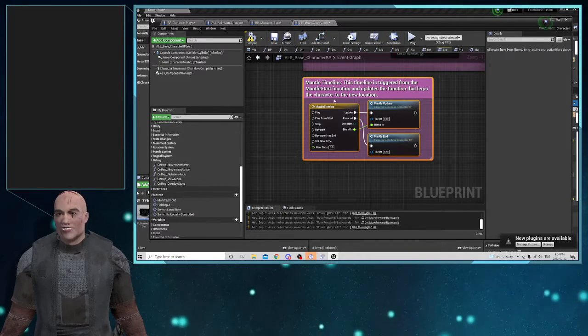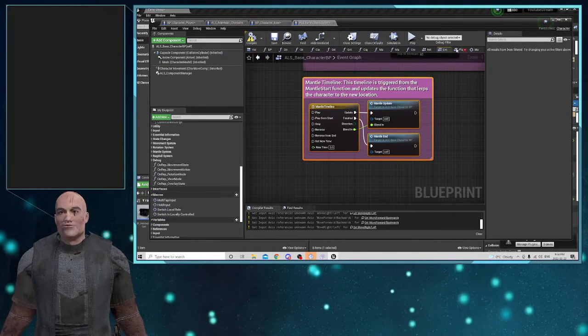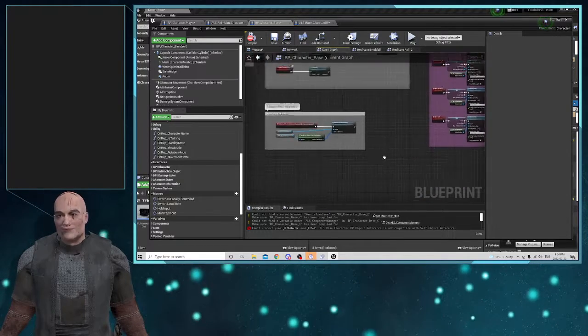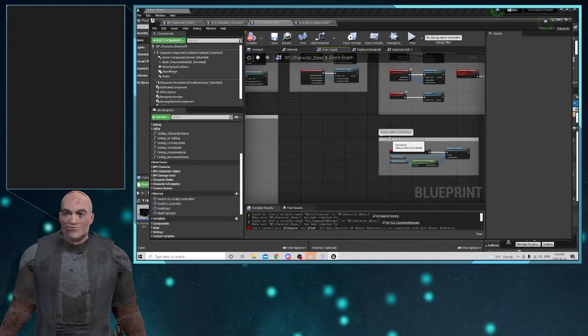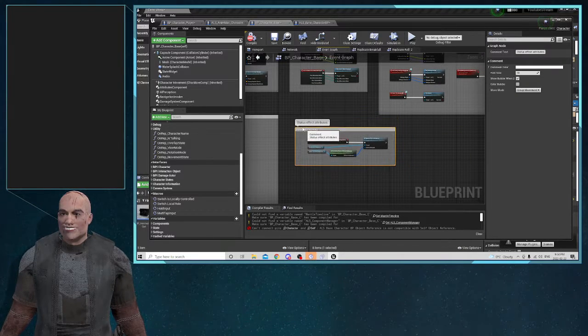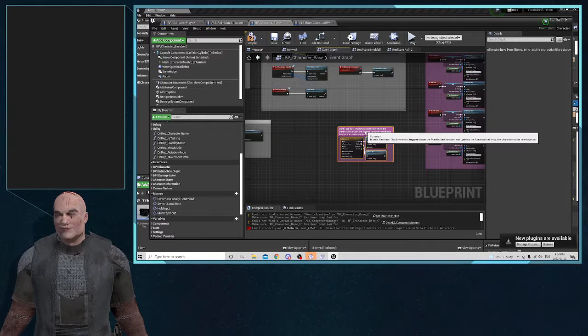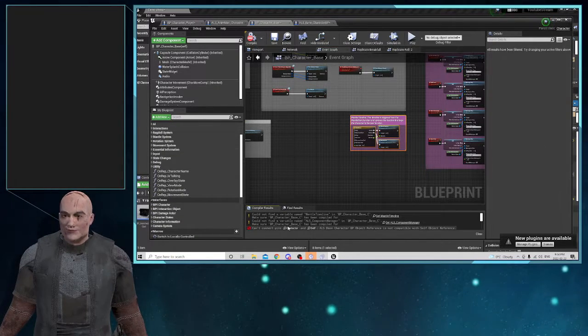So we grab this timeline here. We're going to put it in our base character. This is the event graph, so we're going to go to the event graph, and attributes. I might just drag that over here somewhere. And so we have a nice empty spot here. Boom. And now when we compile here,